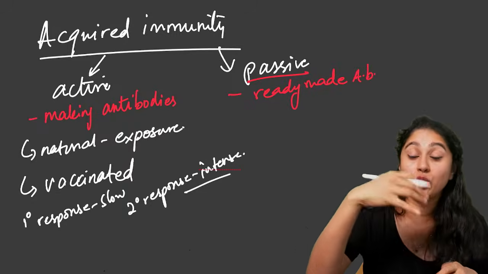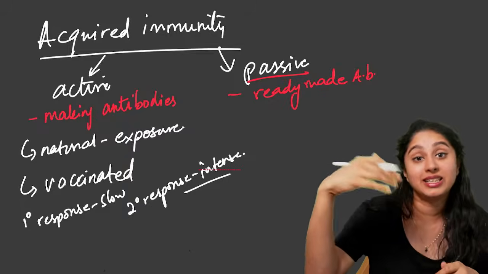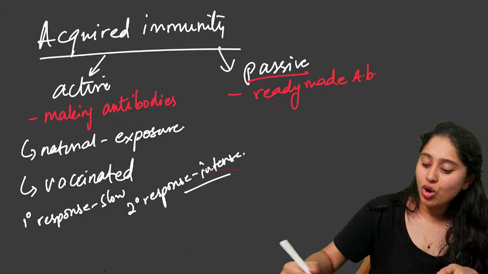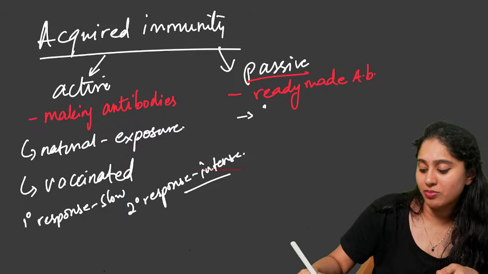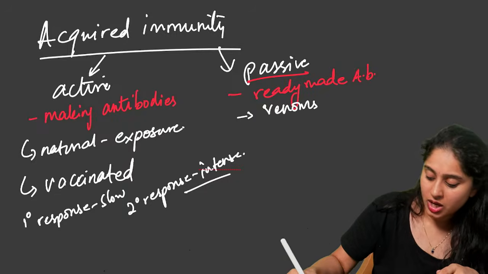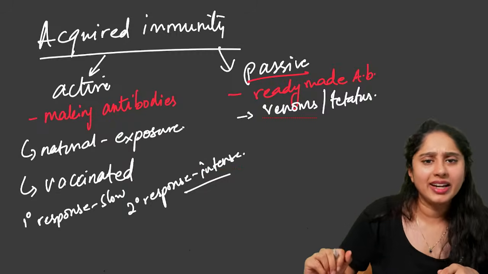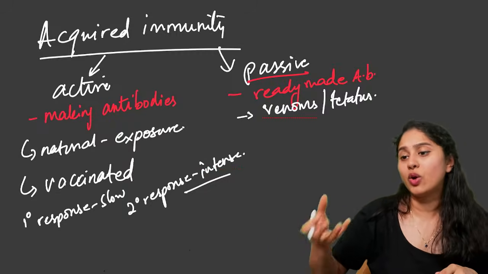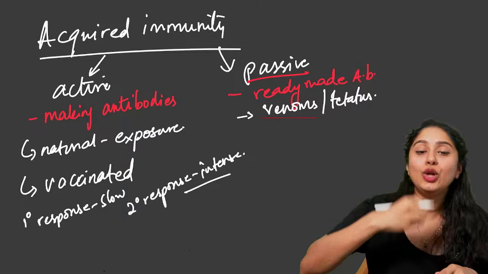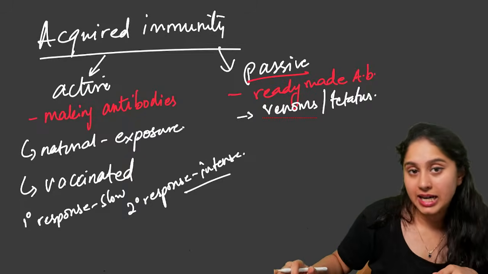Now when you look at passive immunity, if a snake bit you, you need to understand that if the snake bit you, then you have to start making antibodies and then fight, you will die by that time. So in order to save yourself from this kind of venoms or tetanus and all that, directly you can inject the antibodies from a horse or a rabbit where already this will be prepared and kept, and you can just inject the serum inside and protect yourself.